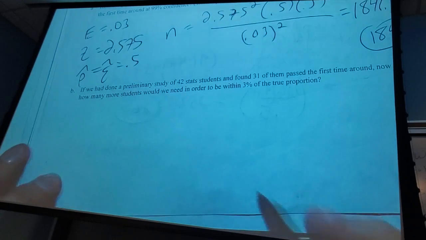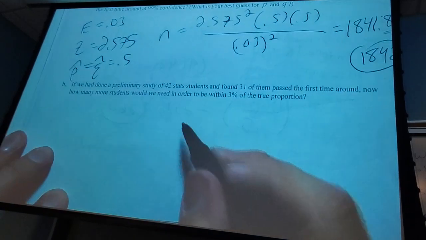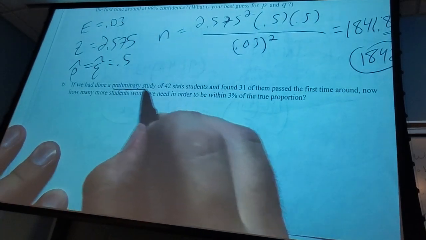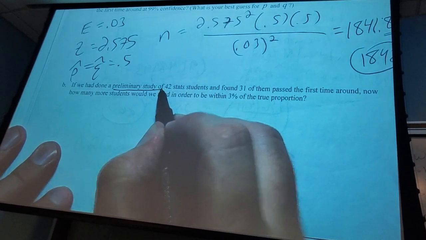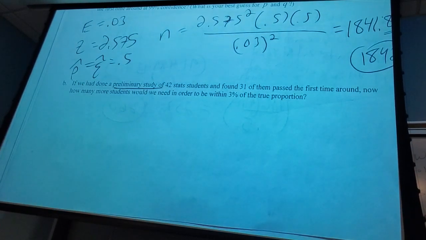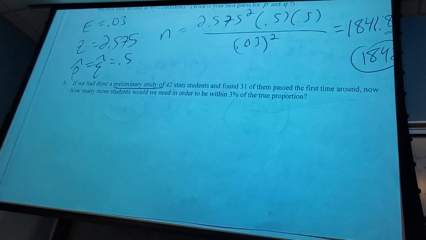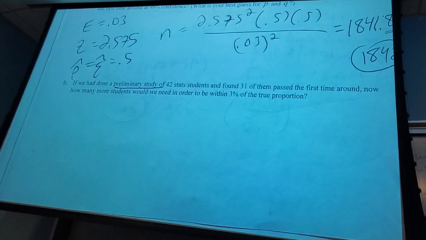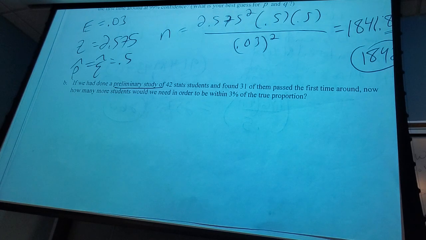Okay, so part B. Have you guys ever heard the phrase preliminary study? One very, very basic reason they do preliminary studies is just to improve upon something like this. If you do a small study and get a little something to work with, you can then do something like this much better. So if we take a small group of 42 stat students and we find 31 of them pass the first time around,